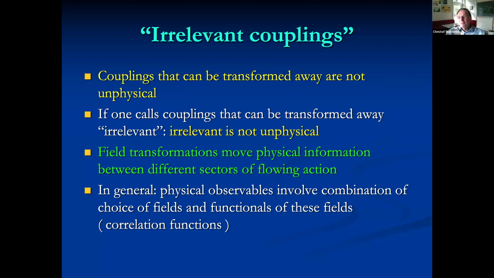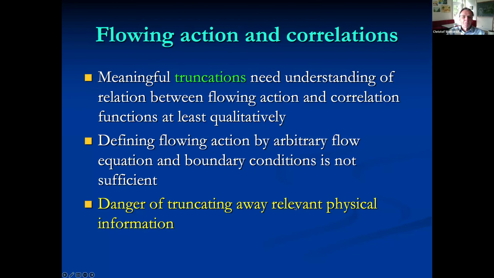You should really think, in my view, much more about the issue: in which way can I have my physically relevant information in a sector that is easy to control, where I can relatively easily find good truncation, and be afraid of moving it to sectors where a priori you may not see it anymore, and then you discard the sectors, but where you can move really important physical fluctuations to other sectors.